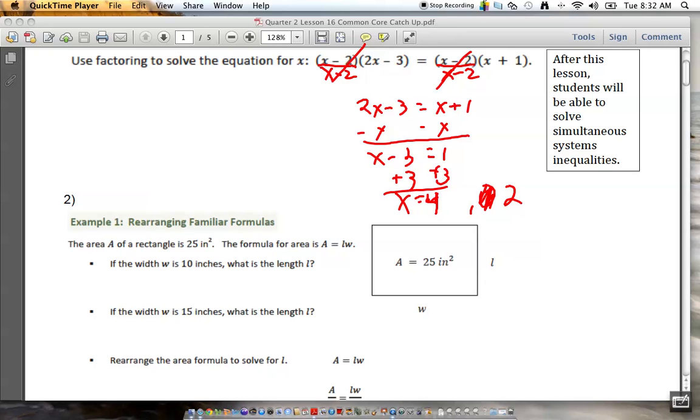So it's a food for thought situation. The best technique to solve this is to double distribute, to get it all on one side. We haven't learned that yet. So how could you approach it if you haven't learned it yet? One way would be to say, well, both sides are being multiplied by an x minus 2, so I could divide those out. Then I could solve what remains. The only hitch in the ointment is if you do that, you have to ask yourself, well, would anything have worked for the x minus 2? And the answer is yes, 2 would have worked for that, because both sides would end up being 0. Okay? All right. So 4 and 2 would end up being the answers to that. All right. So now,